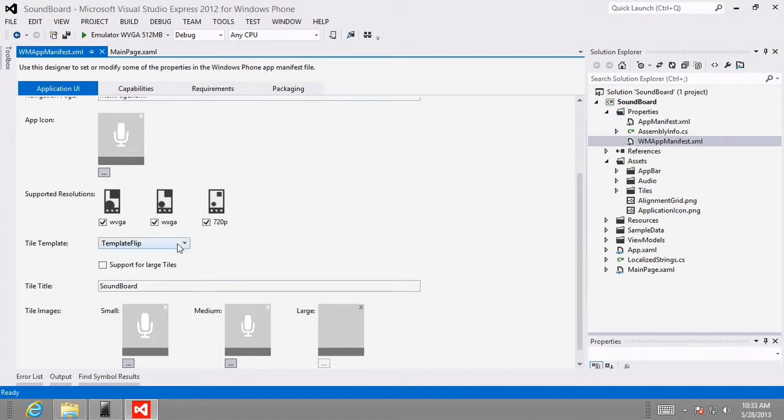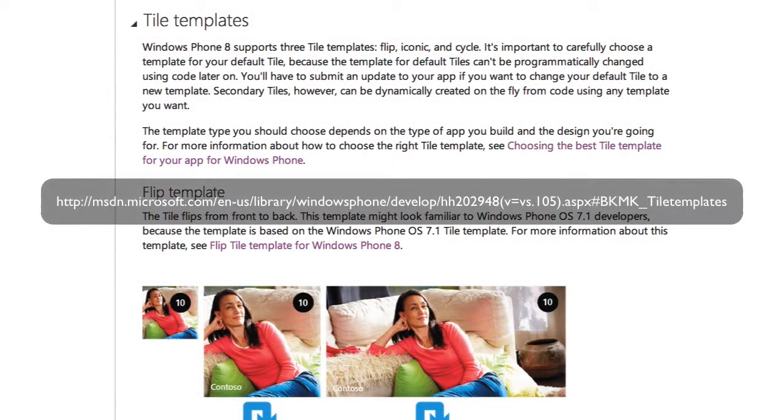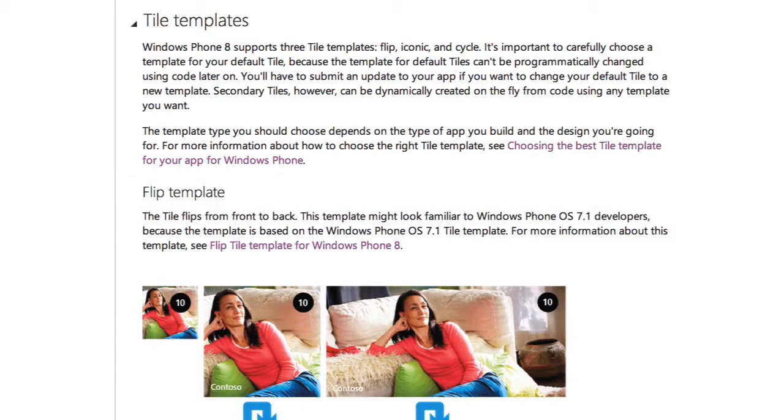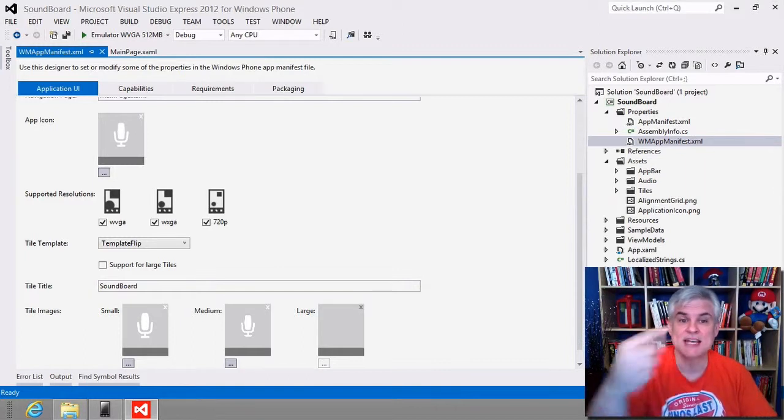We haven't talked about this yet, but Windows Phone 8 projects support 3 different tile templates. There is a flip template, a cycle template, and an iconic template. And the link that you see on screen right now does a really nice job of explaining the different types of templates for the tiles. In this app, our needs are simple, but later on in this series, we're going to be able to use a cycle template to see how to programmatically give it a list of images to cycle